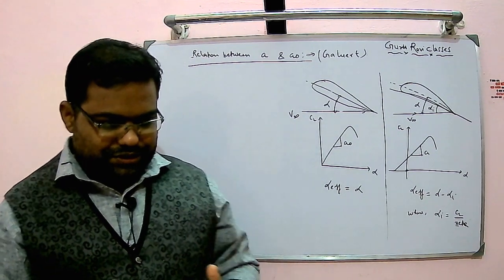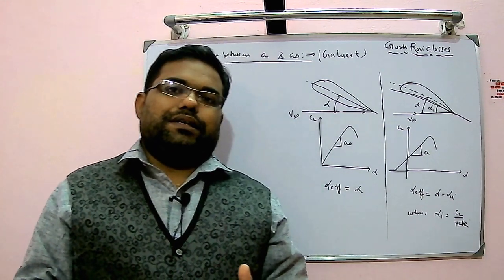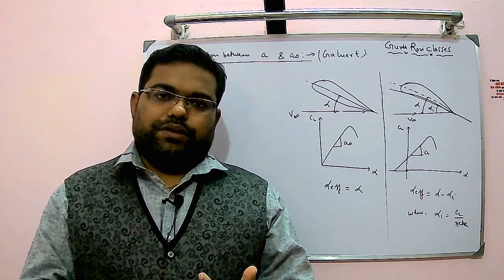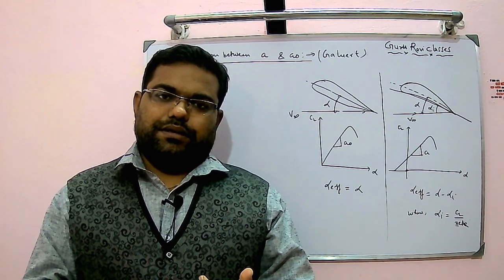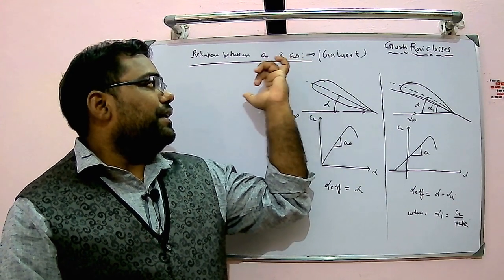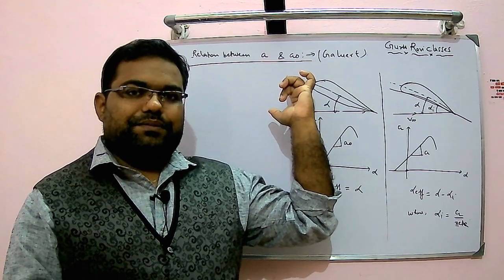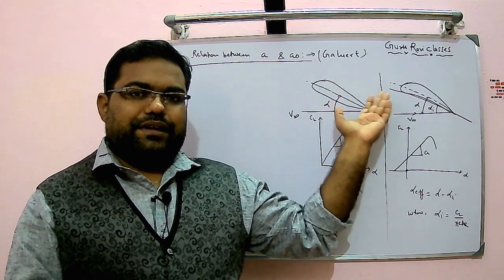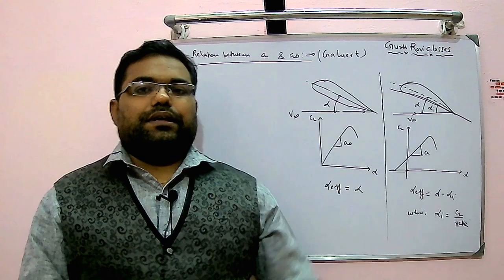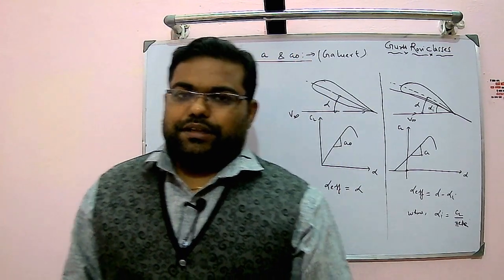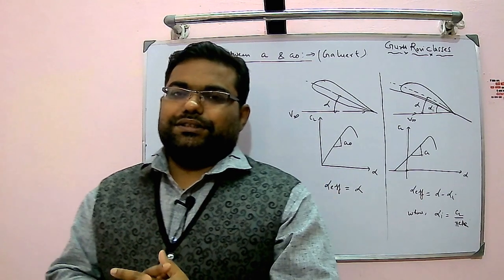My intention is to cover only three topics. One, I will be putting the relationship for a0, that is for the two-dimensional airfoil, and a, the lift curve slope for the finite wing. This is for a symmetrical airfoil, and this is for an unsymmetrical, cambered airfoil. So we will start from this relationship.